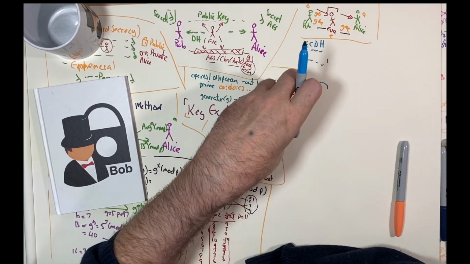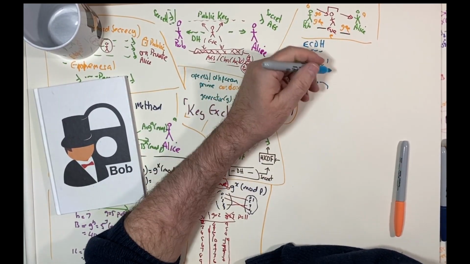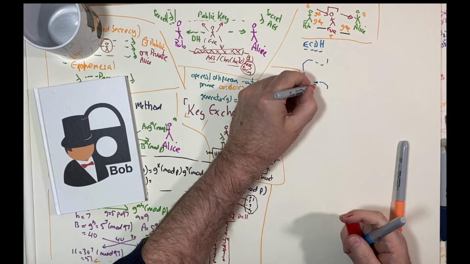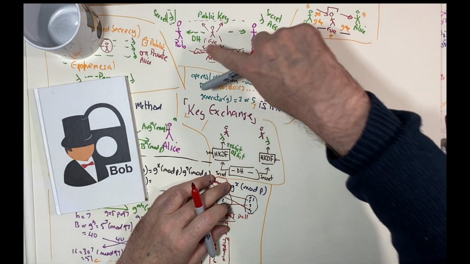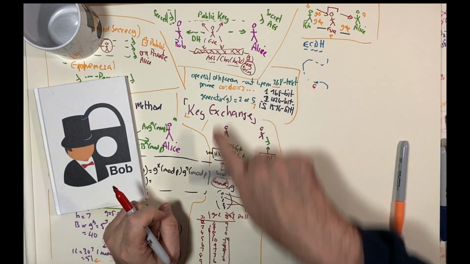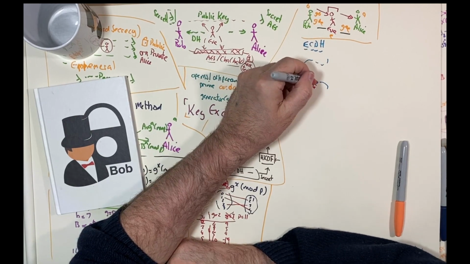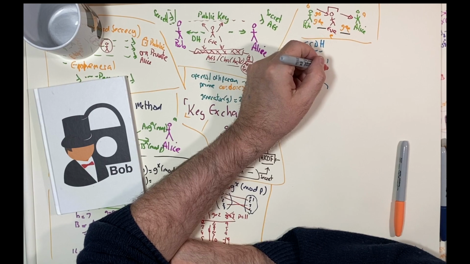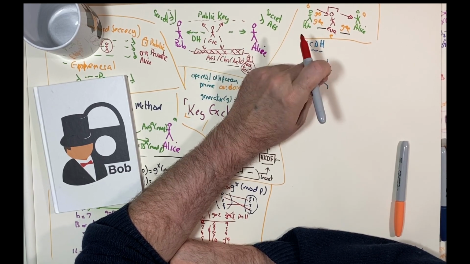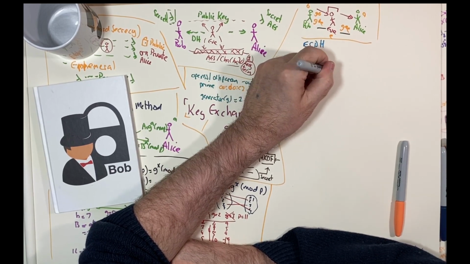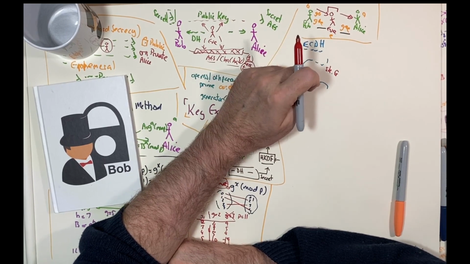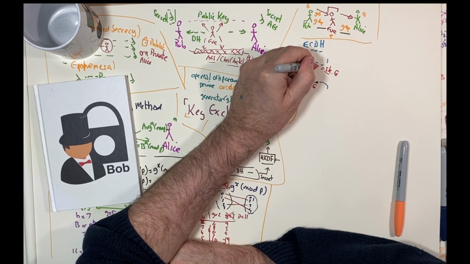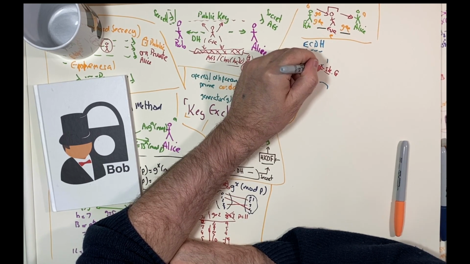It's not the discrete form, but we'll just assume that it looks a little bit like this. With elliptic curve, we pick a base point. I'll draw it as big G rather than little g for the discrete logs. This is a point on the elliptic curve. We then work out a private key, so let's call it SK, which is a scalar value of 256 bits. We then add this point this number of times to get the public key, and we'll call that PK.